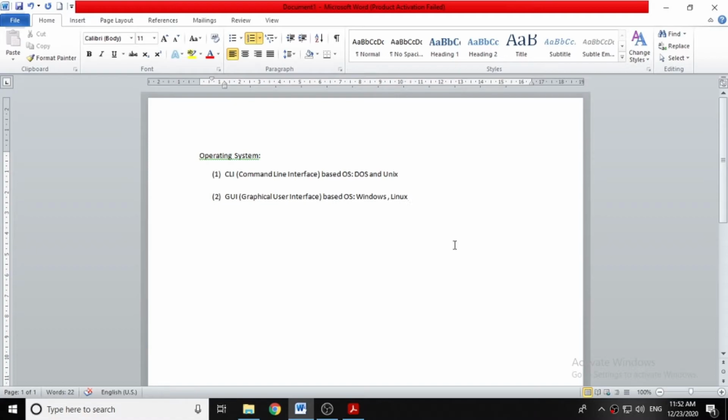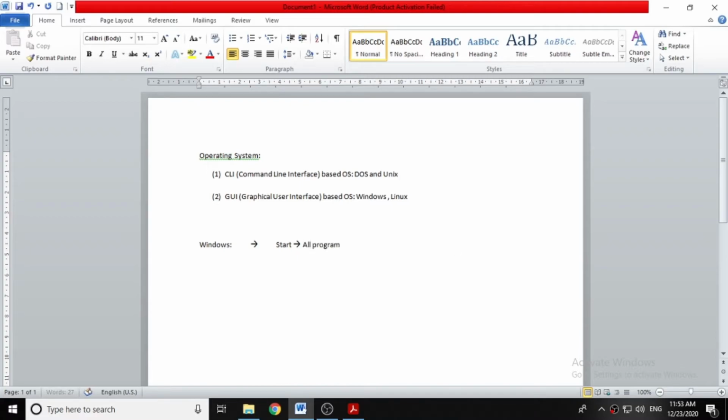But remember, command line interface is also very important. So whenever there is some problem, then we can solve it using the command line interface. So although Windows and Linux operating systems are totally GUI based, even so, the command line interface is available there. So if you are working in the Windows operating system and want to work in the command line, then it's possible. For that, the option that you have to select is start,